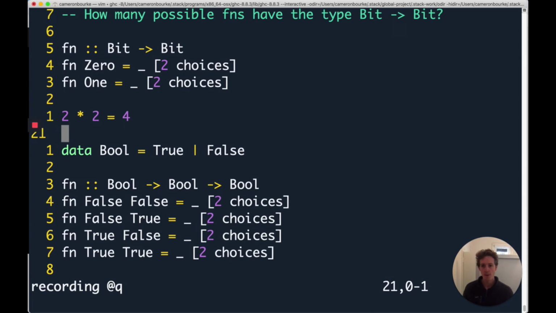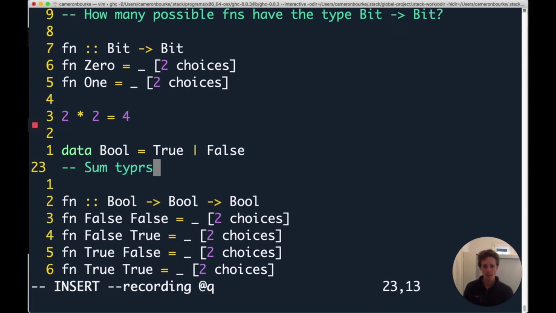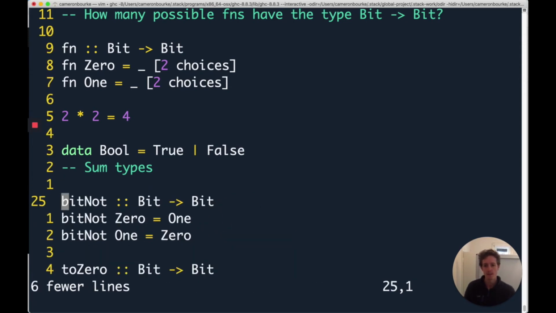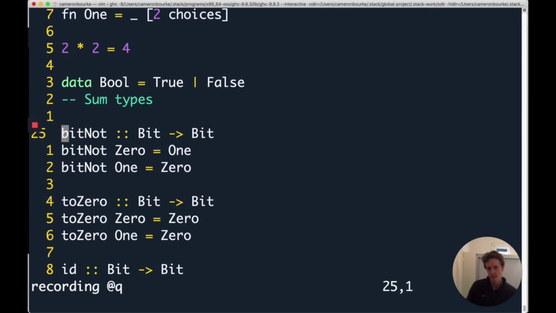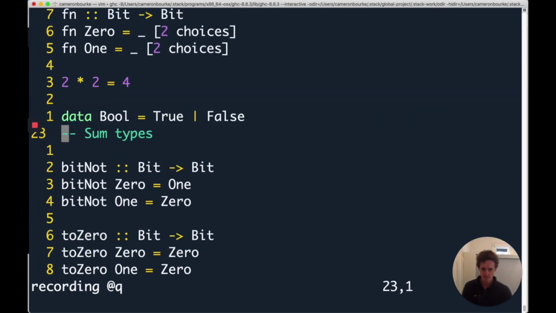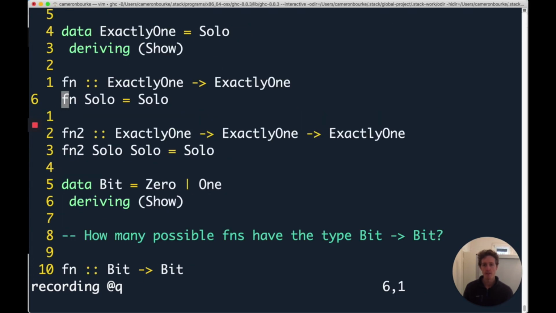And again, we call these sum types. I'm just going to delete that for a second. Okay, so that's sum types, right? And with sum types it's generally much easier to count how many functions you could have. But I just want to make it very clear that true and false here, or rather for our bit,